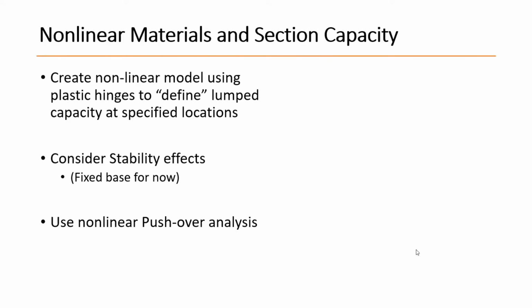Using these capacity indicators, capacity information, we can create a nonlinear model using plastic hinges, and we define lumped capacity at specified locations where we expect the failure to occur or capacity to be exceeded. And then we can also consider the stability effects that we already considered in the previous models, that means P delta, and we will use the fixed base for now. And you can use any analysis procedure. For example, nonlinear pushover analysis could be used to study this